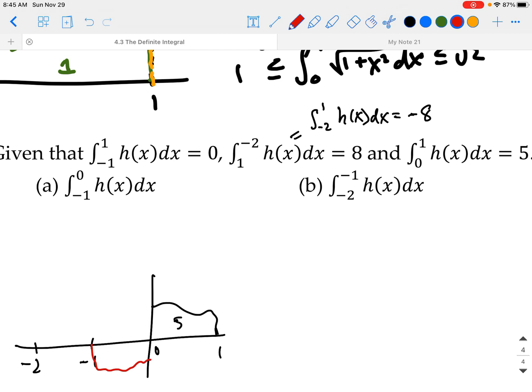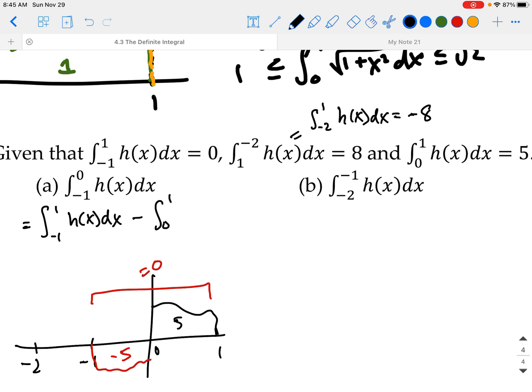Right? Now, they might be symmetric. They might not be. We don't know. We don't know if our curve passes through the origin. So in order for negative 1 to 1 to equal 0, which is what we know, that means that this would have to equal negative 5. So you can do this pictorially. The way we could do it using the notation is take the integral from negative 1 to 1